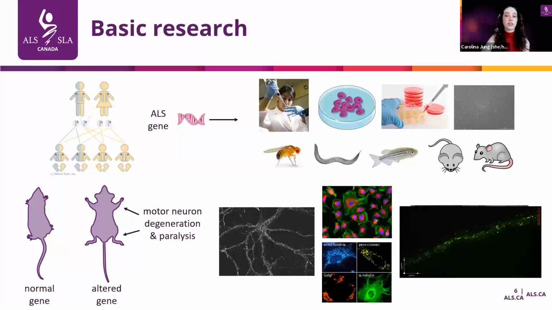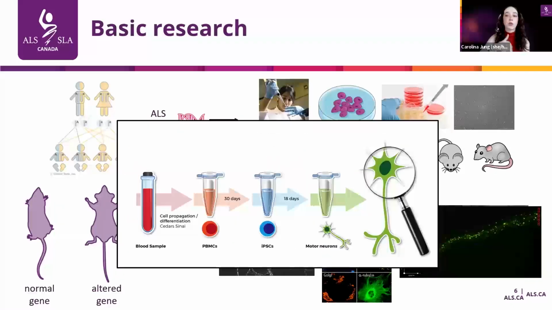Additionally, one of the greatest advancements in science over the past decade or so was the development of something called induced pluripotent stem cells, or iPS cells, the inventors of which were actually awarded the Nobel Prize in Medicine. So these cells make it possible to create essentially any cell type in the body using another one as a starting point. So this means that researchers can now take skin or blood samples from people living with ALS and convert them into motor neurons. And these cells actually retain the genetic makeup of the individual they were derived from. So these allow researchers to study human ALS in the lab for the first time.